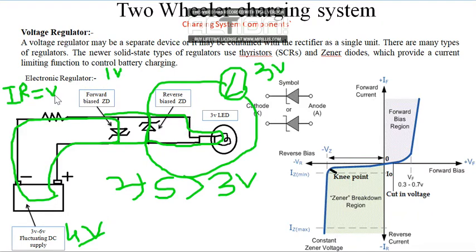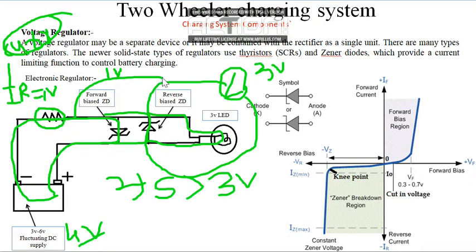So here the drop across this resistor is 1 volt. In that fashion, the current value is regulated by the Zener diode. The resistor value is fixed, the resistor won't change. What changes? The current is supposed to change. So the current value is changing, and since the resistor is fixed, the multiplication of IR gives us 1 volt, which is the loss across this resistor.